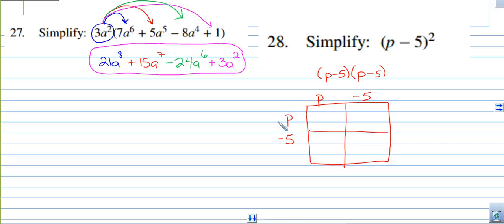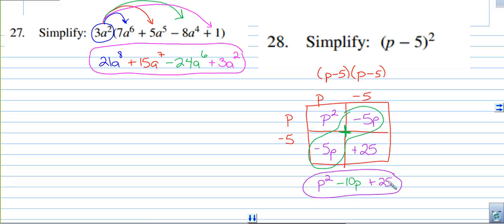Okay? P times p is p squared. P times negative 5 is negative 5p. Negative 5 times p is negative 5p. And negative 5 times negative 5 is positive 25. Okay? We look for our like terms in our box. Negative 5p plus a negative 5p, they're the same signs, so we add them, and you get negative 10p. And then we want to bring down our corners, the p squared and the plus 25,